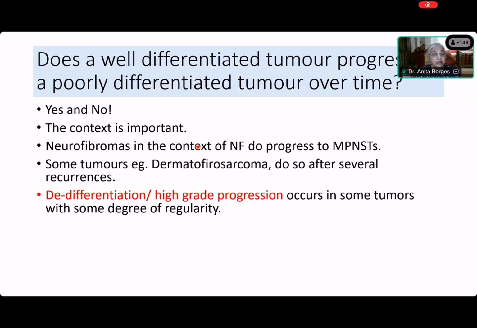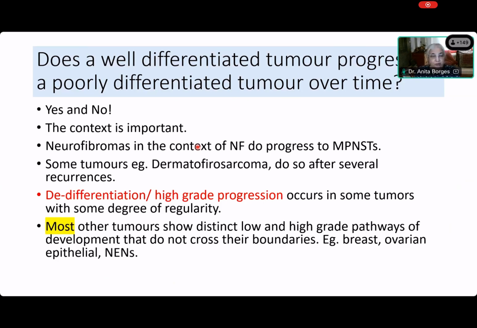Tell me, which dedifferentiated tumors have you heard of? I can see liposarcoma. Yes, very good. Anybody else want to give me an example? Well differentiated progresses to dedifferentiated liposarcoma. Anybody else? No examples, not even in the chat box. Okay, thyroid tumor, they have mentioned. Yes, thyroid does it. If you have a follicular adenoma or follicular thyroid carcinoma for a long time, yes, over a period of time, it will become poorly differentiated and then anaplastic. Chondrosarcoma. Excellent. But most other tumors, let me tell you, show distinct low and high grade pathways of development,